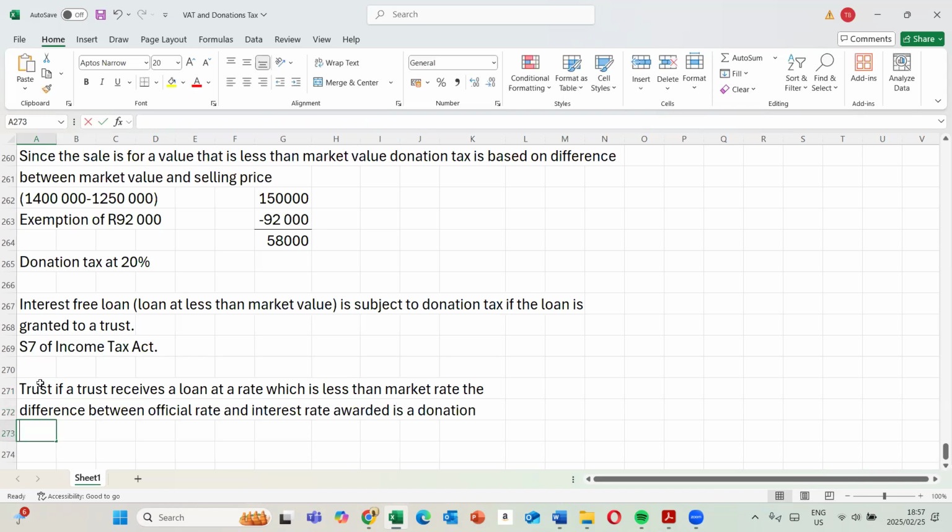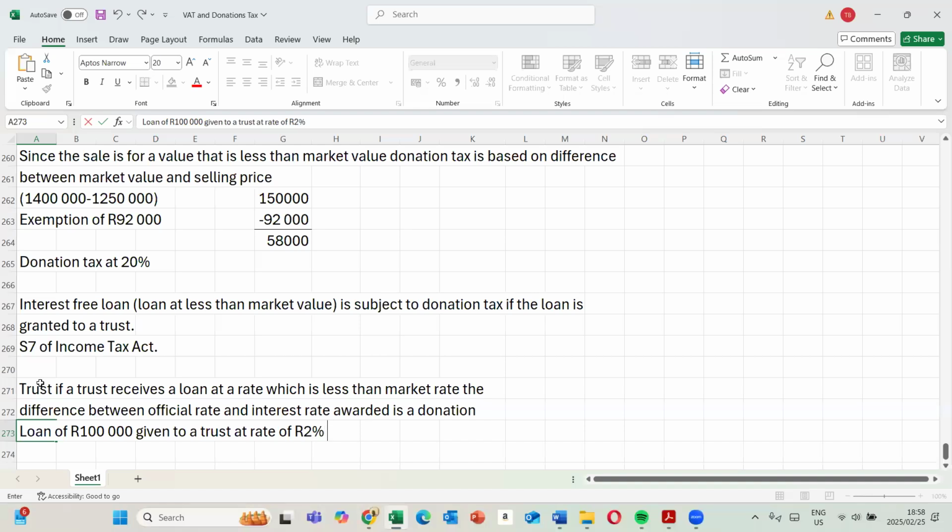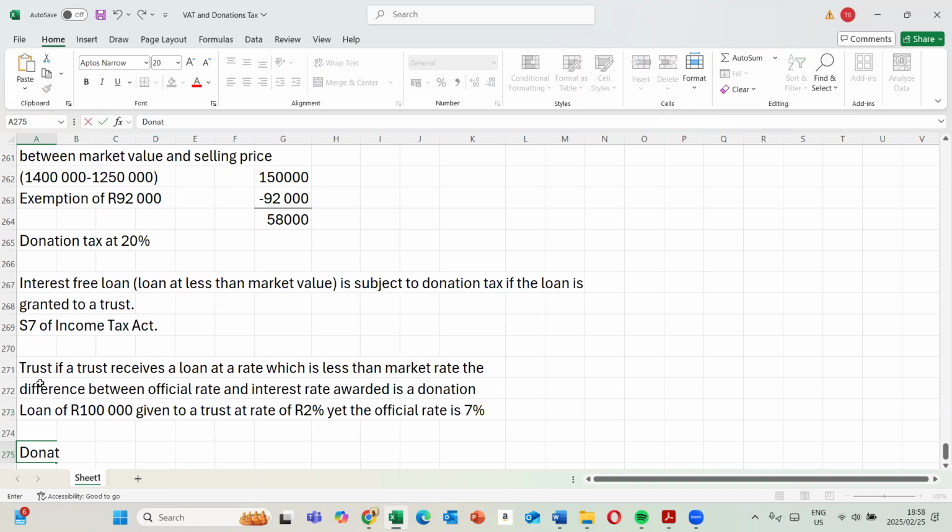So in this regard, let's say a loan of 100,000 is given to a trust at a rate of maybe 2%, yet the official interest rate is maybe 7%. So the donation is going to be 100,000 times 7% minus 2%, divided by 100, times